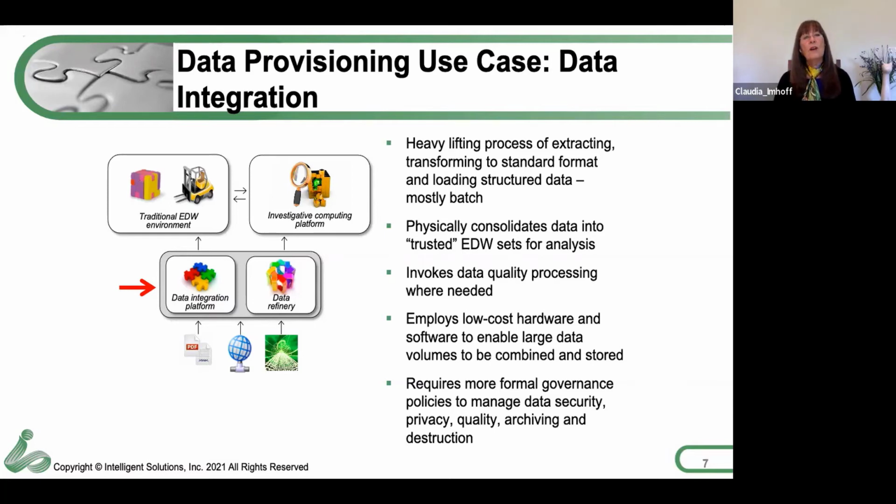We use low-cost hardware now and software that enables large volumes of data to be combined and stored. And because it is trusted data, it's going to require a more formal data governance policy. Policies that manage,